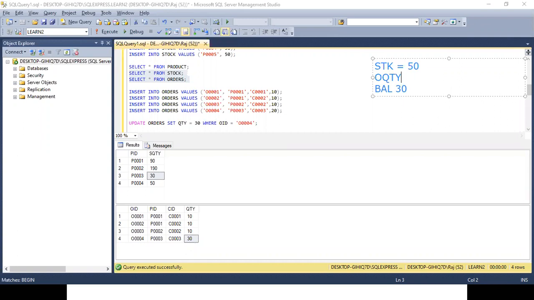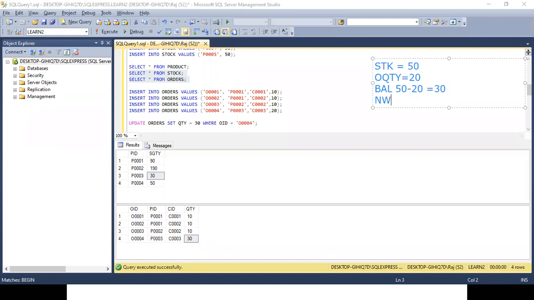Old quantity, what the customer demanded initially, was 20. The balance was 50 minus 20, that is equal to 30, right?